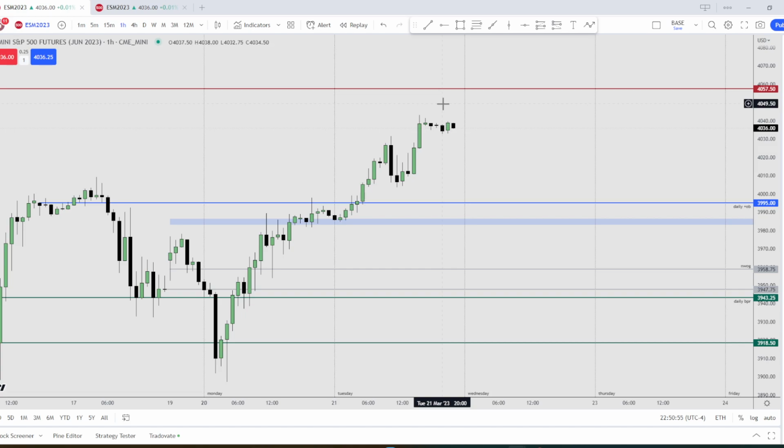So it's very possible that FOMC would make a fake move up to take out this liquidity right here, right? If you don't get it during London, or maybe FOMC is gonna make a Judas swing down here, right? Whatever the case is, it does not matter to me because